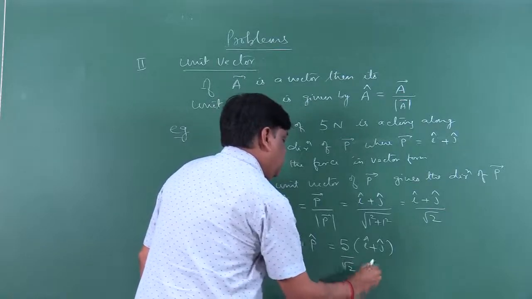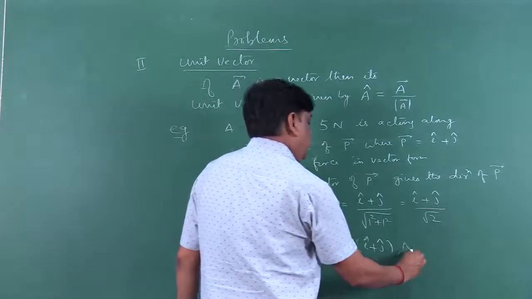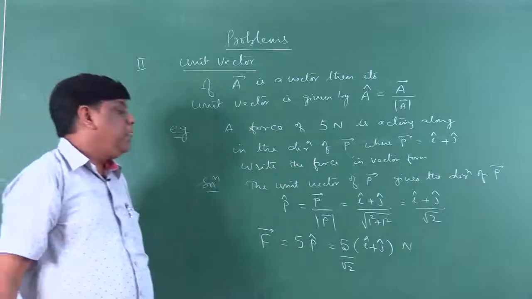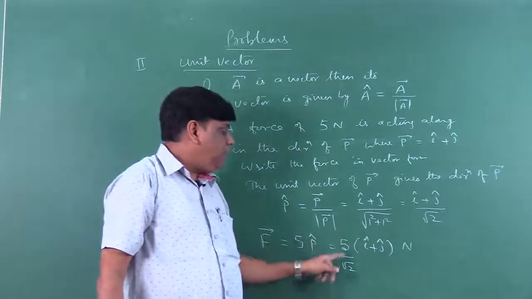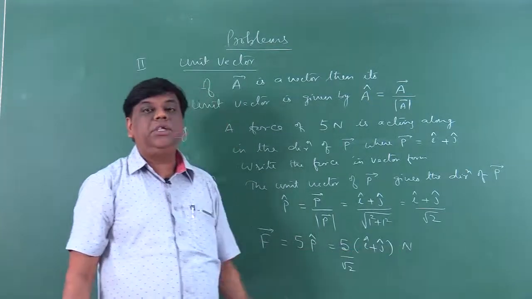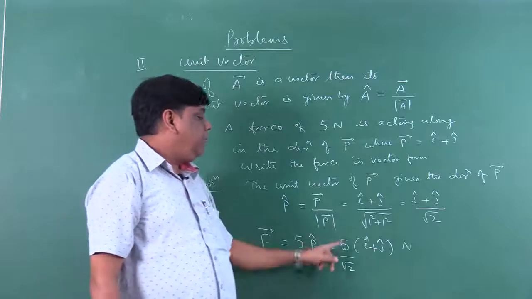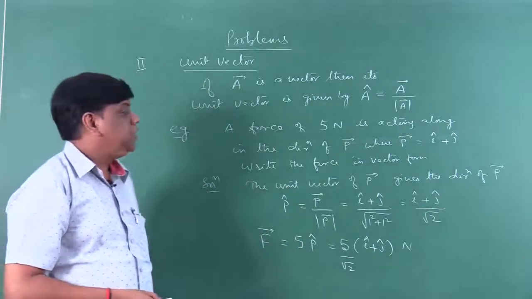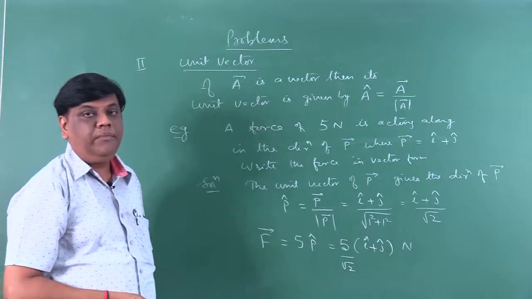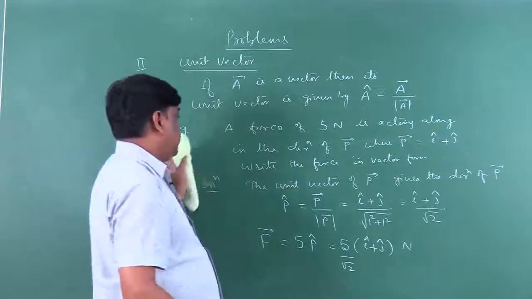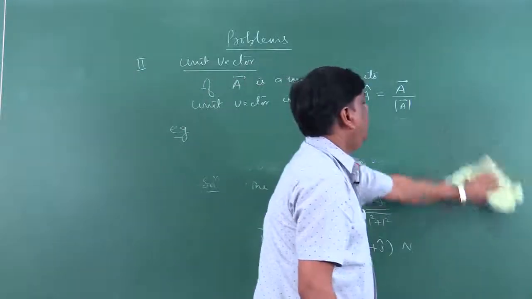So we can take the root 2 value here. So this is the force represented in a vector form. और आप इसको ऐसे सोच सकते हो, 5 by root 2 Newton is the component of force in the x direction and 5 by root 2 Newton is also the component of force in the positive y direction. ठीक है, तो हम वेक्टर के हिसाब से इसको हम उस फॉर्म में कैलकुलेट कर सकते हैं. ओके,